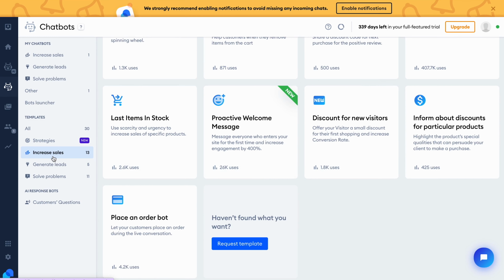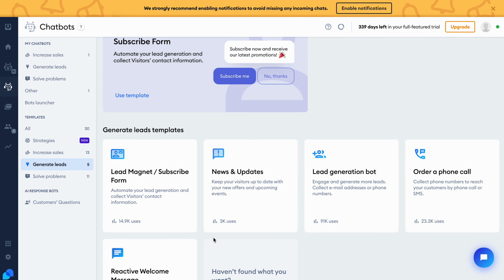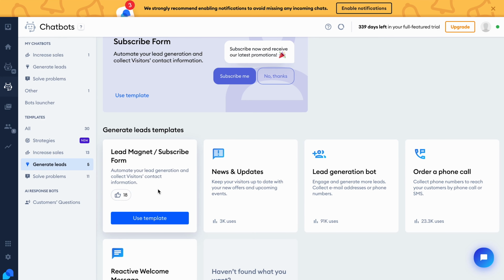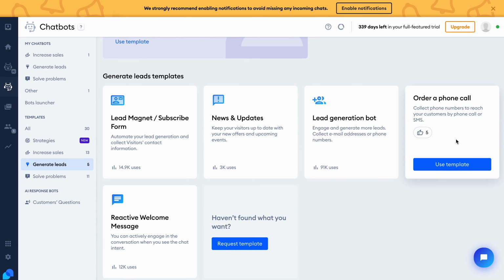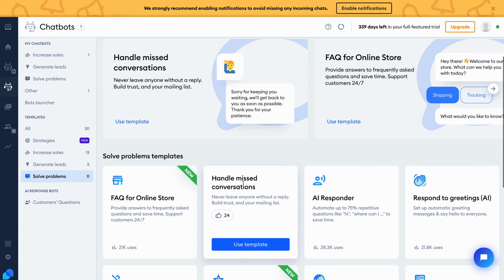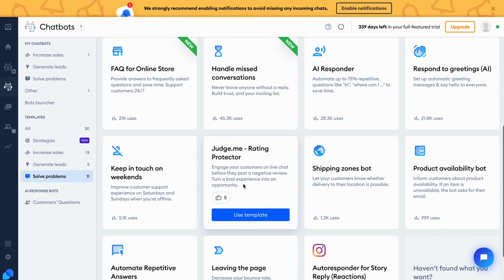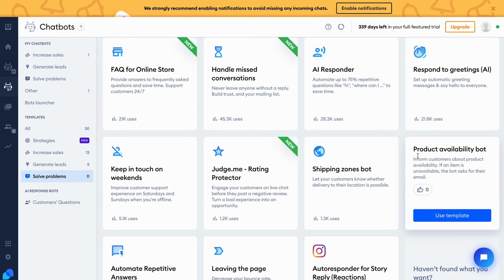Now, after the increased sales, you have the generate leads, and this one is meant to help you to capture your customers' leads. So you have lead magnet, subscribe, news and updates, order via a phone call, and so on. You can also play around with them and see which one of these templates makes sense for your business and for your brand and use it on your store. Finally, we have the solve problems, and this is more tailored toward customer service and making sure that the customers are satisfied. With the same logic, you can work around these templates, see which ones you want to keep